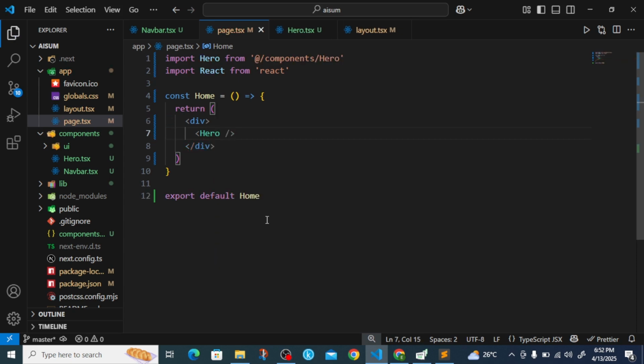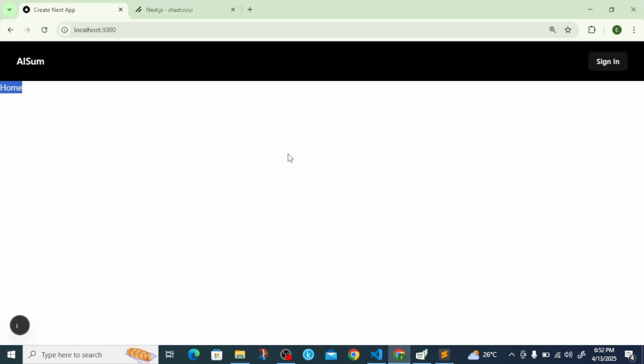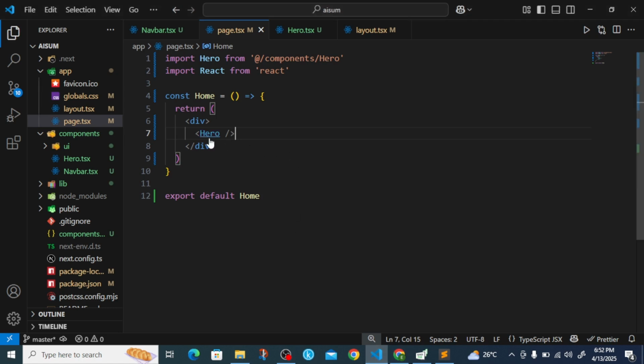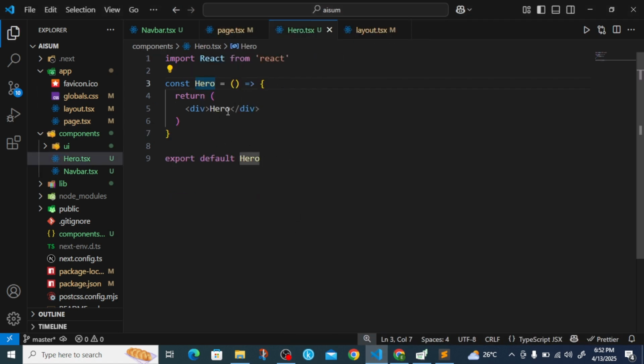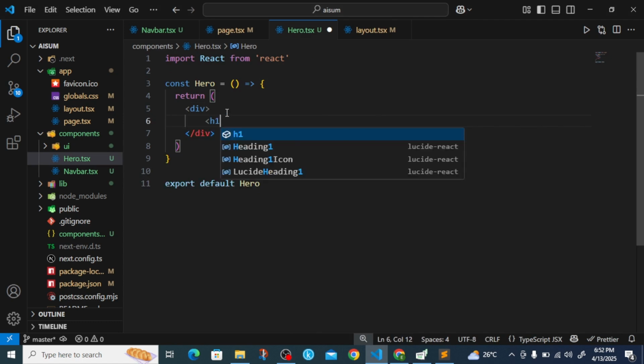just like this, and you click Ctrl S, you go back, and you're going to see this change from home to hero. Yeah, as you can see, from home to hero. So now we can continue working on our hero section. Ctrl click on this to go to your hero section, and now we are going to have a heading, h1,